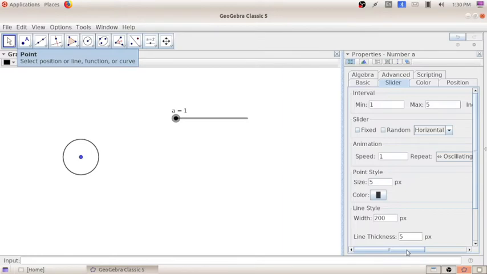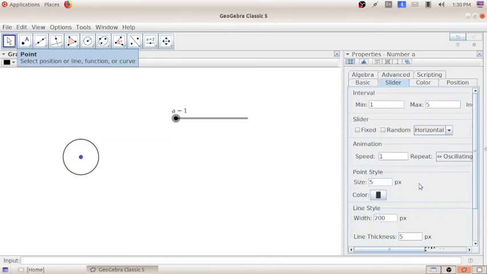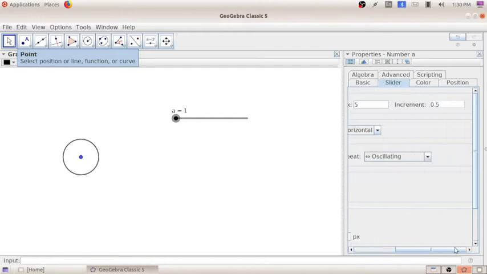I am changing the increment from 1 to 0.5. Increment 0.5.